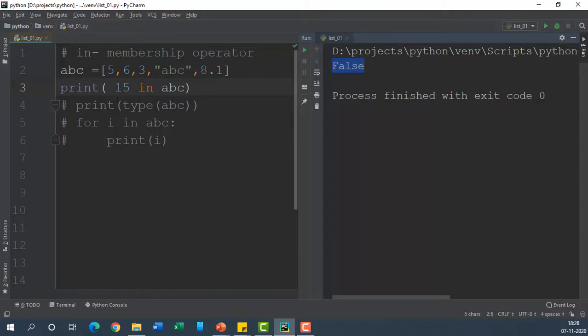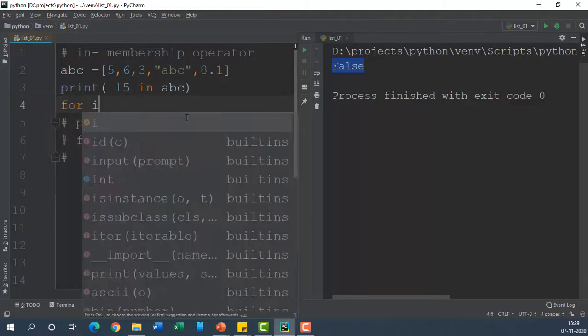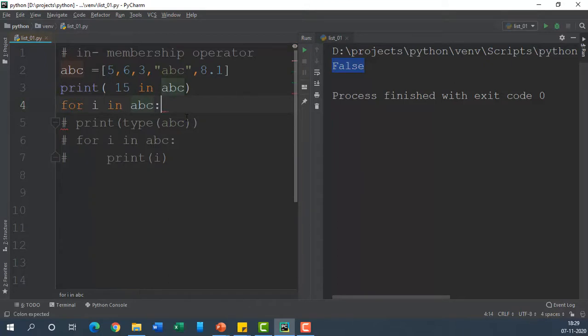If you want to test whether a particular element is present in this list or not, you can simply do it with the help of an in operator, right? In operator is really very handy, otherwise you have to search using a binary search, or what we call a linear search. Now how can we do it? The same result can be achieved by using a for loop. Let's say for I in ABC, and now we are going to test this with 15, and if 15 is